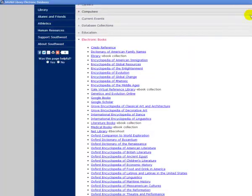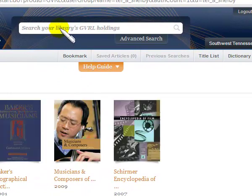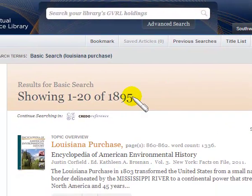I'm closing this out. I want you to also see the Gale Virtual Reference Library, and we will perform the same search, and I just want you to see the different type of books that are provided here. So from my drop down list I will select Louisiana Purchase and now search, and we have